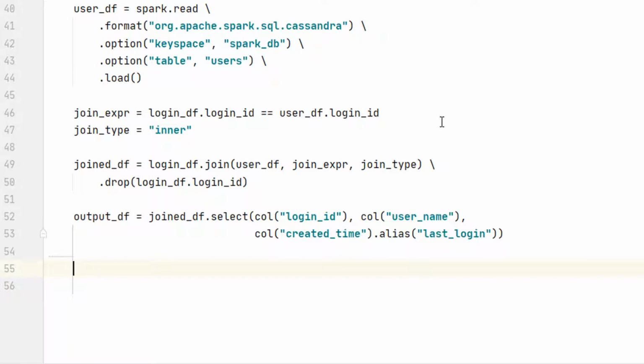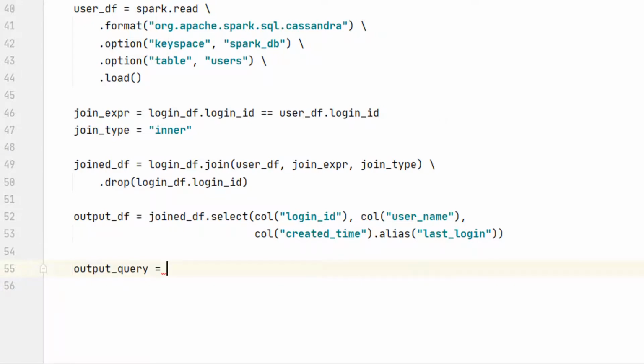How do we sync it back to the same Cassandra table? We learned console, file, and Kafka syncs. Do we have a Cassandra sync also? Unfortunately, we do not have a Cassandra sync. But nothing to worry. Spark gives you an alternative to sync to any source, even if you do not have a sync connector. Let me show you.